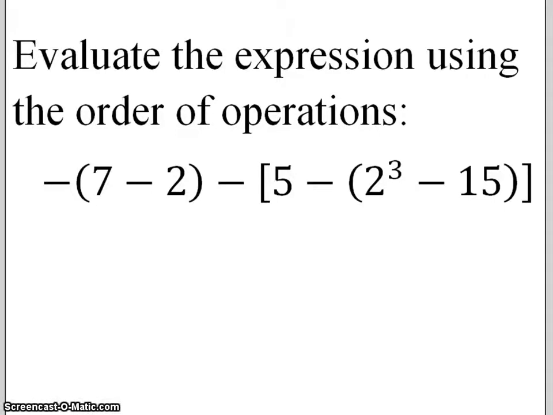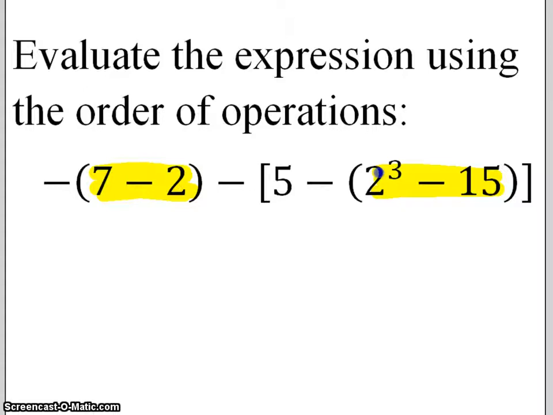Okay, everybody, evaluate the expression using the order of operations. Now, make sure you review in your textbook all the steps for the order of operations, where first we need to simplify or evaluate anything that's inside parentheses, any operations inside parentheses. For example, I see an operation within parentheses here, and I see an operation within parentheses here, but notice we